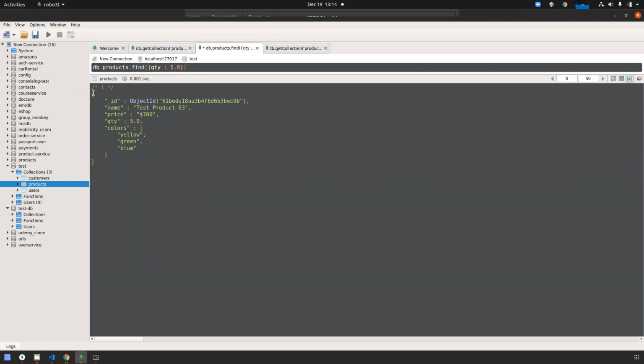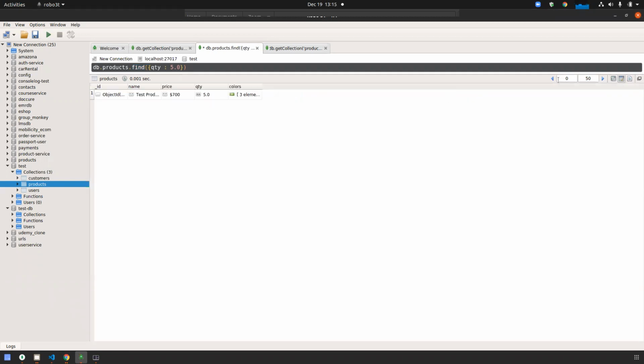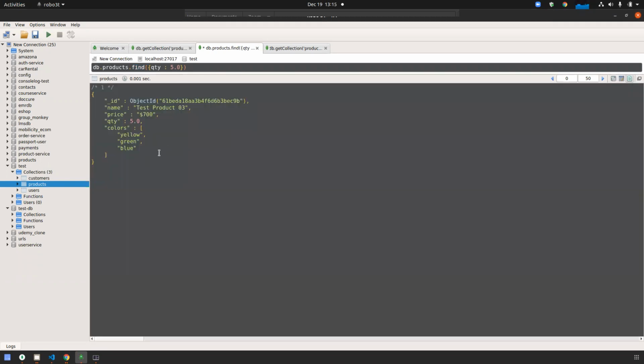still it is coming like that, but it should not. So for Robo3 it is coming like that way, but actually it does not. When you are using Node.js or any other language, it will not come like that. Find is always returned in an array. Got it? Because for Robo3 it's going that way.